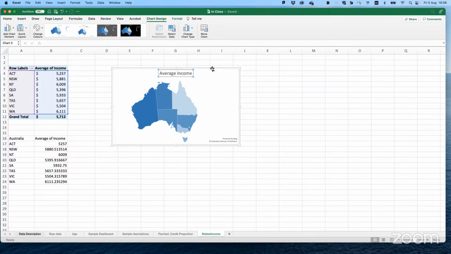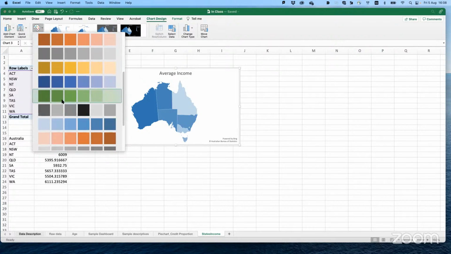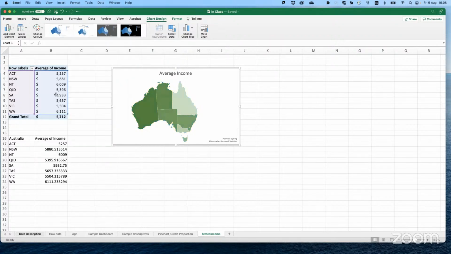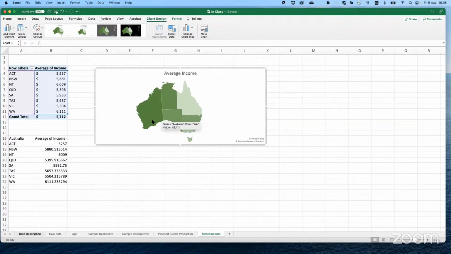Now we have the average income. I change the color to any colors that I like. I prefer to have a color like this, green. So we can see that Western Australia has the darker color, and it means that the average income is higher there.